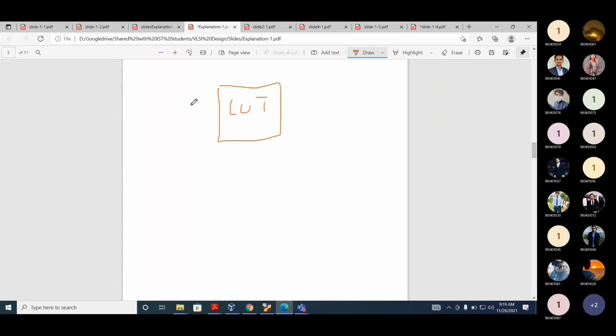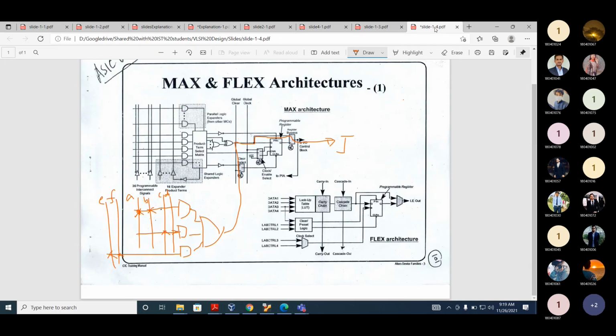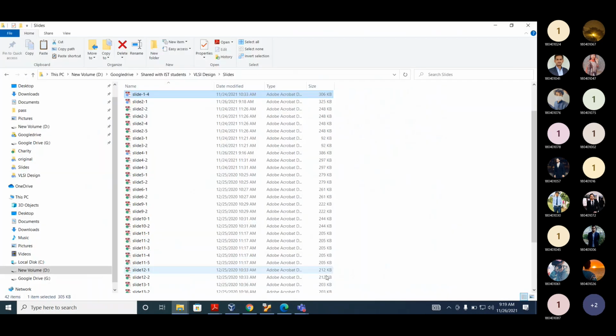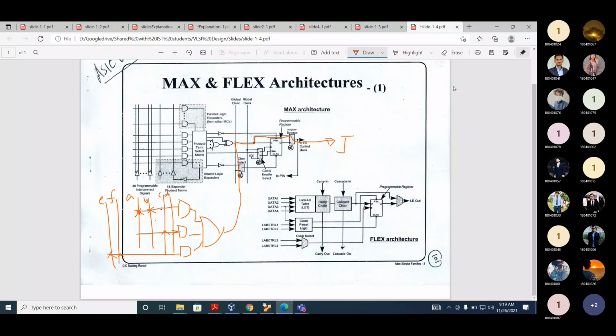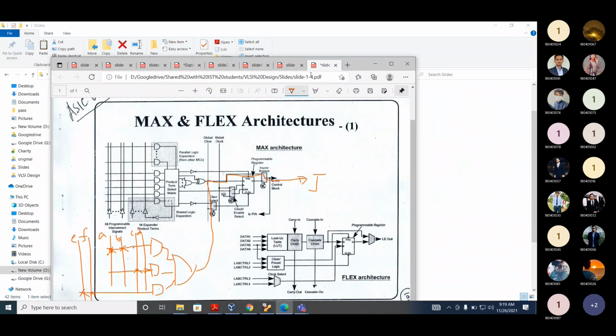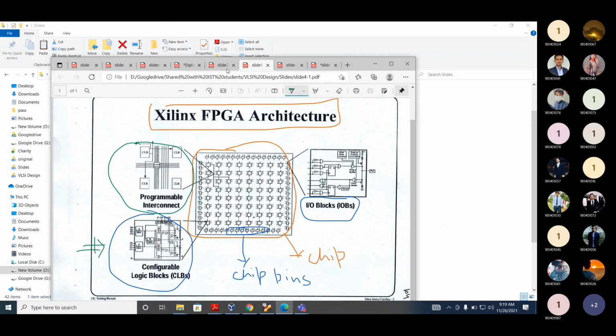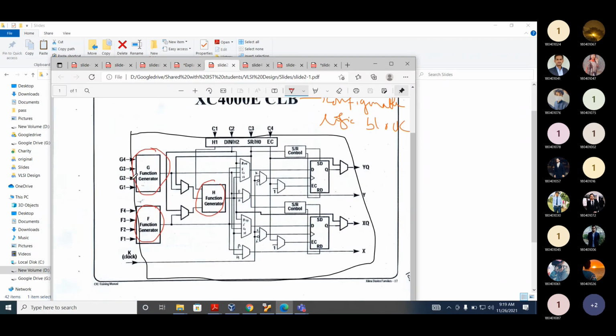Let's assume we are using a very small lookup table of 2 inputs and 1 output. If you look at this slide, this lookup table is of the G function.